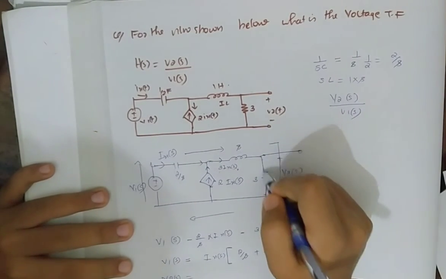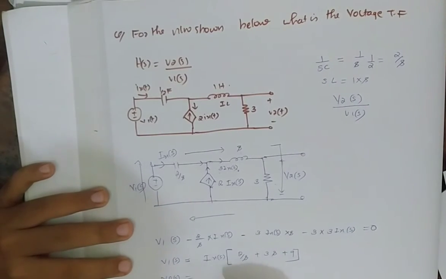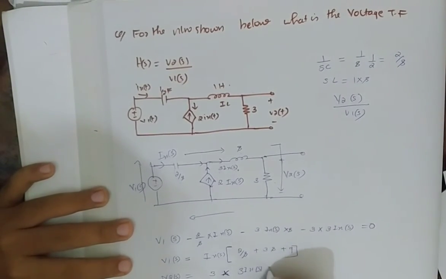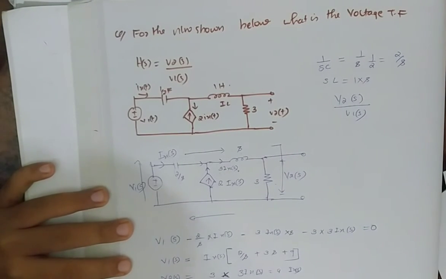Okay. And what is V2 of S? V2 of S is the voltage across our 3 ohm resistor. So that is equal to 3 into the current through this resistor, which is 3 Ix of S. So that is 9 Ix of S. Okay, we got V1 of S and V2 of S. Now we have to just